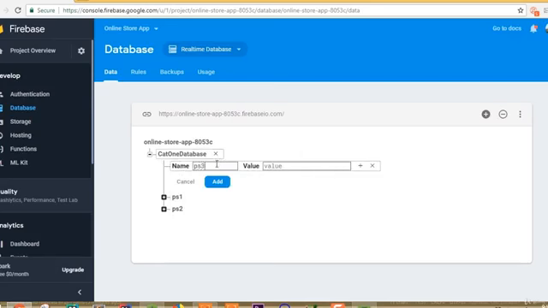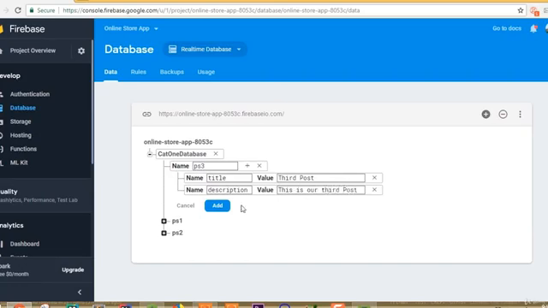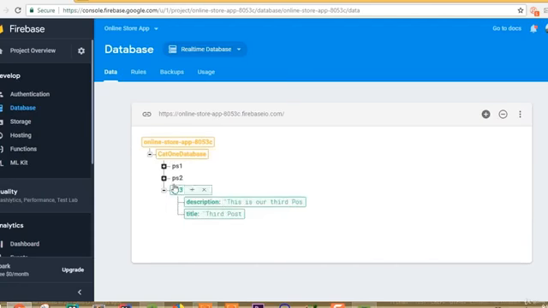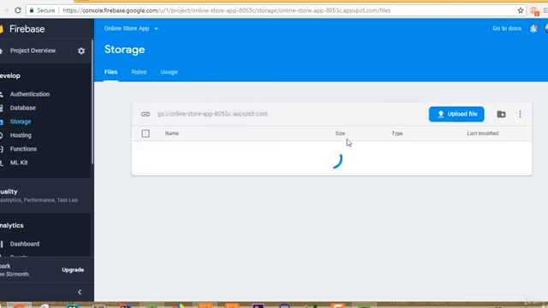Let's add one more post, ps3, add attribute name. Make sure that we added same spelling, otherwise it will not work. So title is going to be third post, add description. So description is going to be, this is our third post. Add, we need to add image, so go to this storage folder